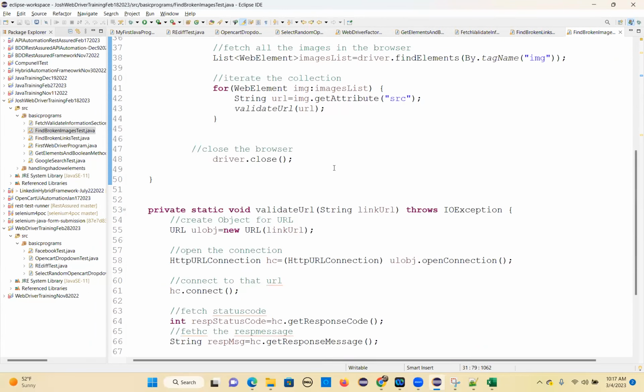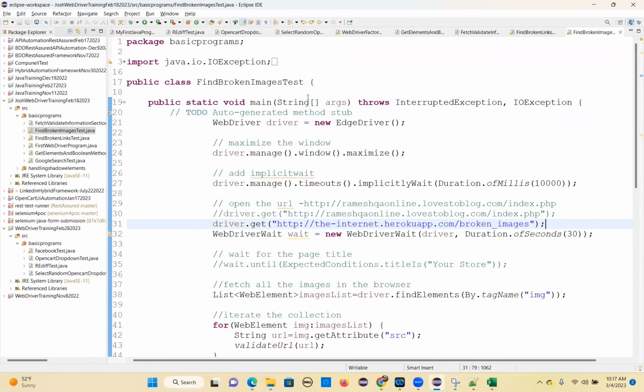Yes, sir. This is what all the concepts you need to apply in your automation. So any new things we want? Now tomorrow we'll start. I covered all the concepts, all the methods I covered, all the Boolean commands, get element methods, links I covered, broken links, broken images I covered. And so tomorrow we'll start the JUnit framework. Are you still we have time? So we'll start, or what is the